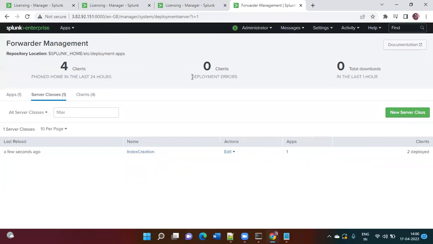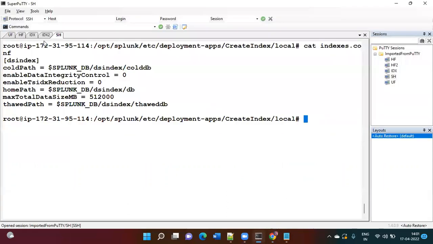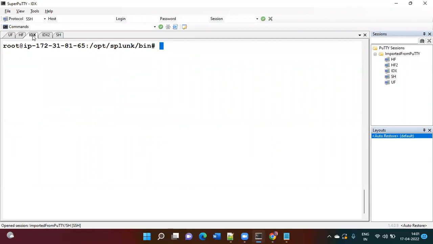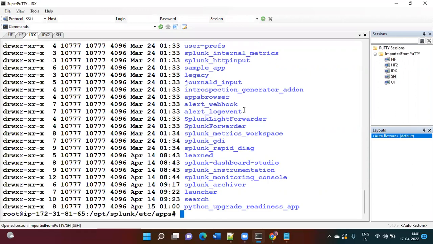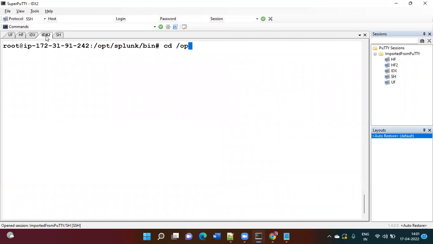There is no deployment error. Now it's deployed. So if the app is already deployed, how will you get to know? I'll come here in indexer 1. If the app is already deployed, the deployed app will be shown here in the apps section, etc/apps, in indexer 1. Now you see, still I don't have the app here. We'll see why. If it has been deployed, then